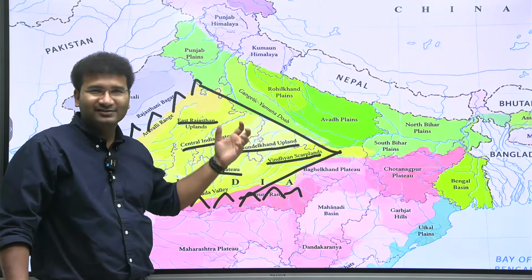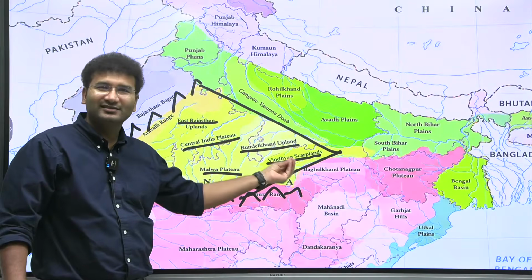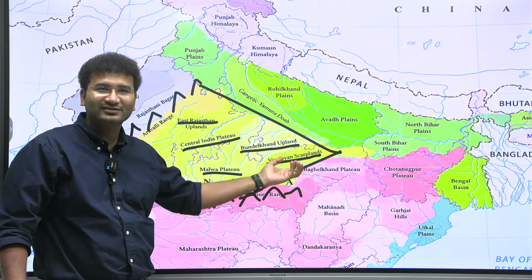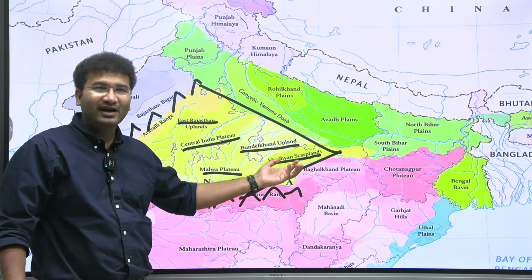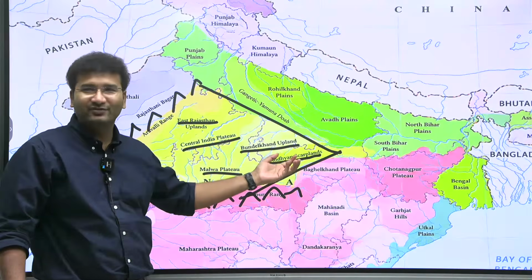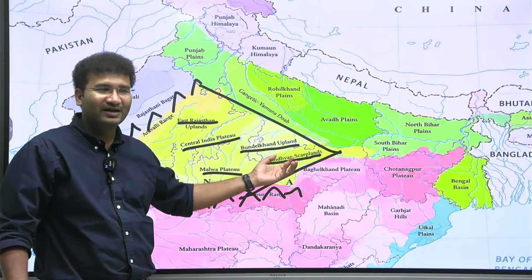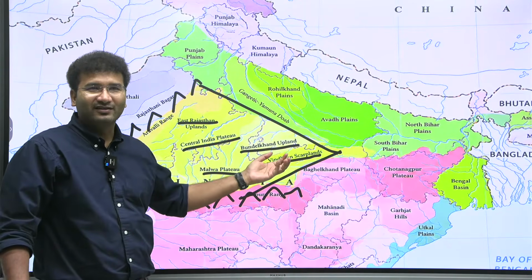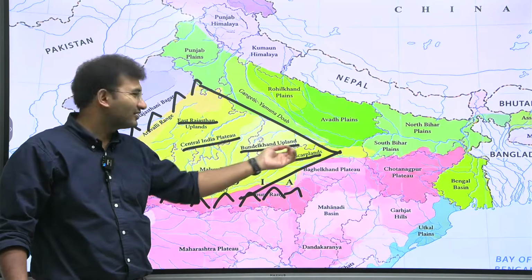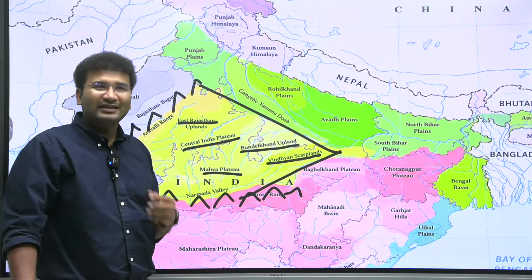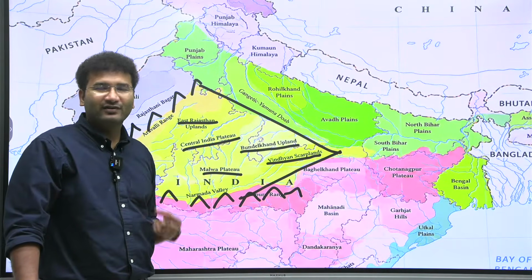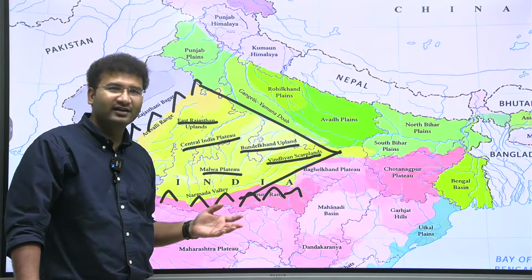The climax scenes and all, if you can dissemble, this is called the scraplands, which is called the Vindhyan scraplands. Badland topography. Or else in Hindi, if you have seen the movie Pan Singh Tomar, it's a very famous movie. Even that movie is completely based on this part of the area. So it is badland topography, the soil is not fertile, and erosion and gully erosion will be there.